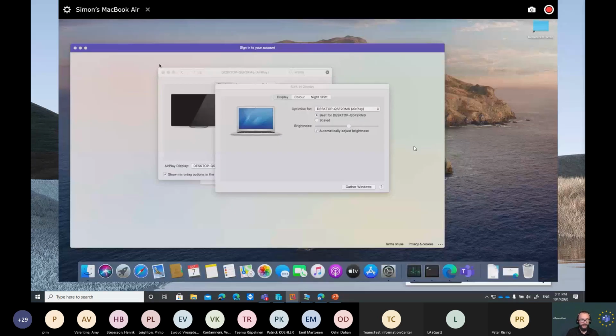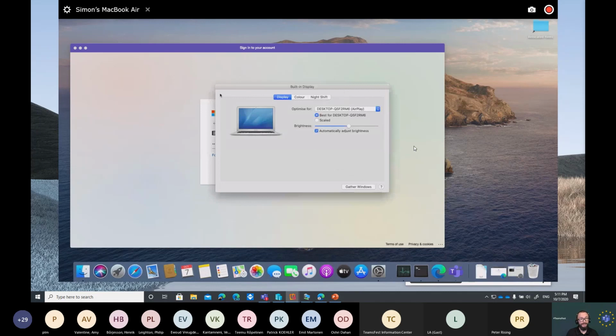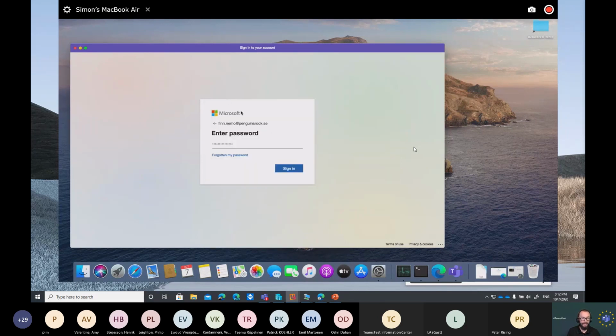So there we go. This again, I'm going to be very honest now. This is actually a managed MacBook, but not by this account. So it's under Jamf management, but for another tenant. So in this case, we can assume that it's an unmanaged device. It won't matter at all from this point of view. And here we have my Teams client on macOS.